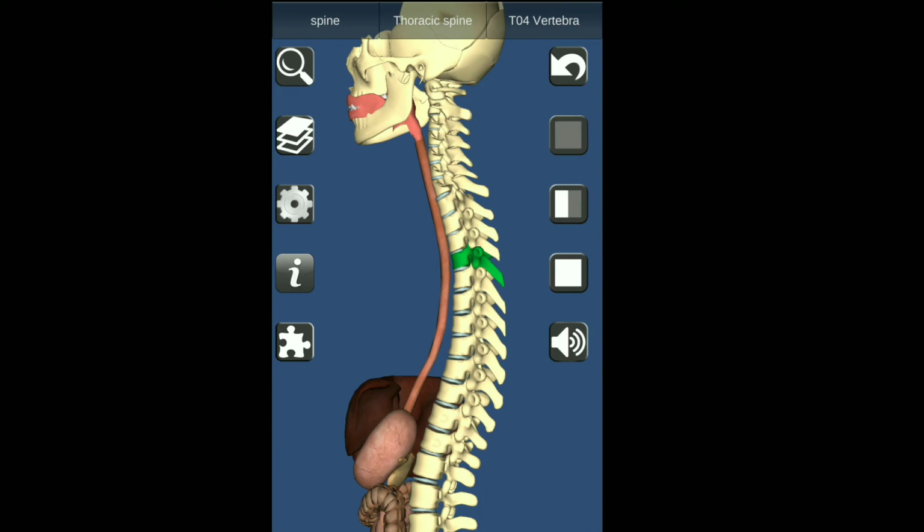I think I can explain it, so let us revise it. What we have learned, you can see from the lateral side, this is the upper end of esophagus at the level of 7th cervical vertebra. This is the antero-posterior first curvature. This is the second curvature, at the level of 5th thoracic vertebra, and then it moves forward. So in this way we can visualize the antero-posterior curvature also.